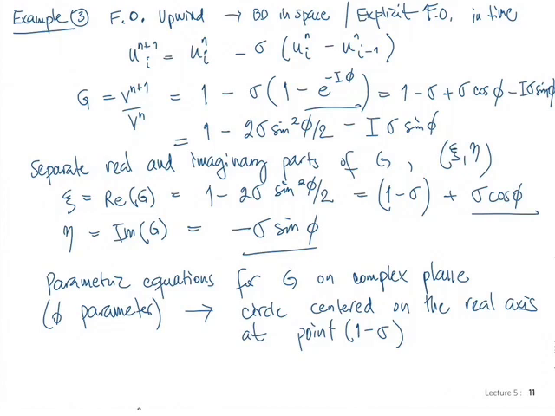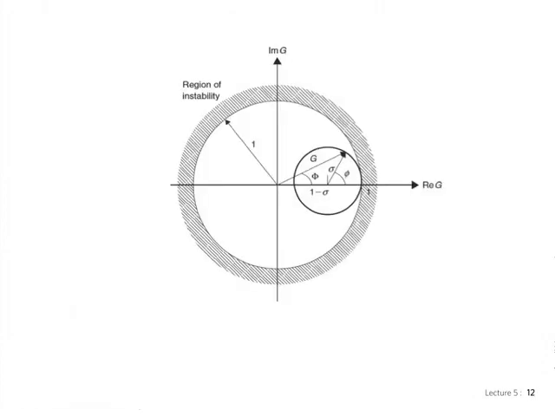So if I draw that, okay, if I draw that circle centered on the real axis at 1 minus sigma, it looks like this, and sigma would be the radius, and it goes around here as the parameter phi changes. It just goes around here. This is the center, 1 minus sigma. So in the complex plane, G is represented by this circle, and you can see that the stability condition